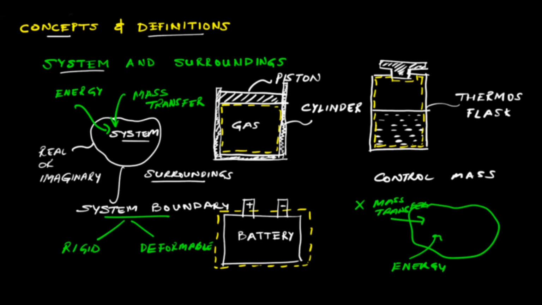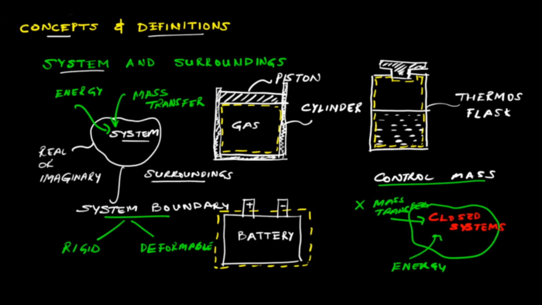So the examples that you see over here, piston cylinder, thermos flask, battery, are all examples of a control mass system. Because there is no mass flow across the system boundaries, the control mass systems are also called as closed